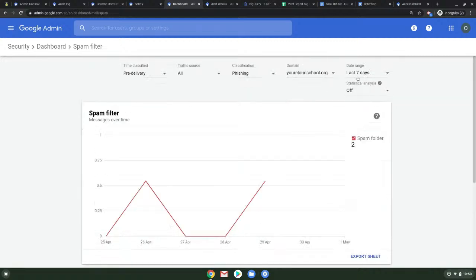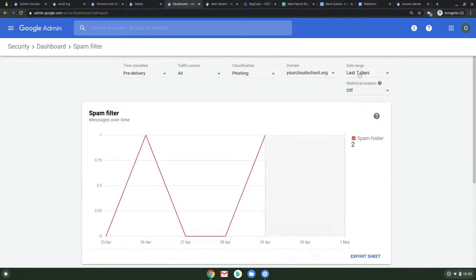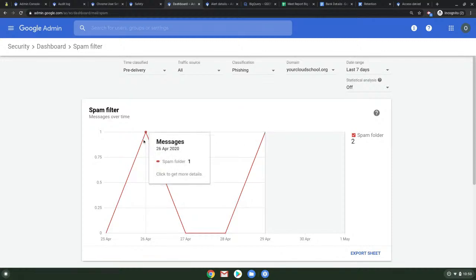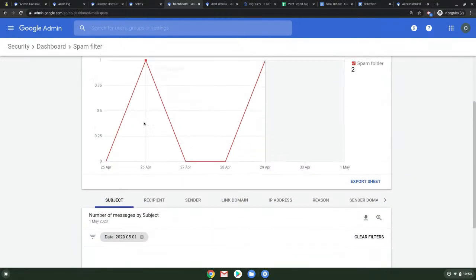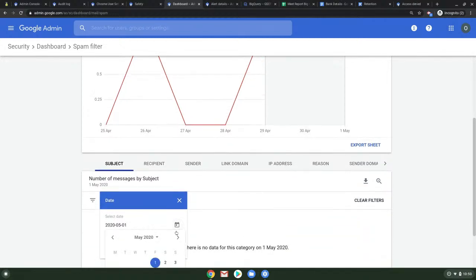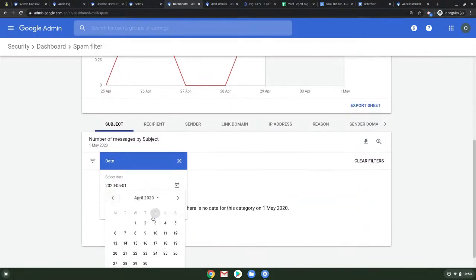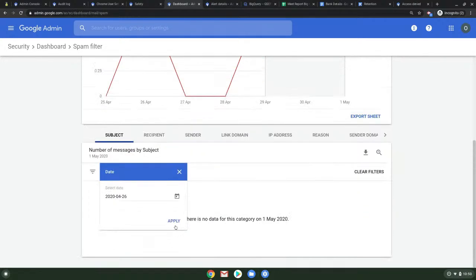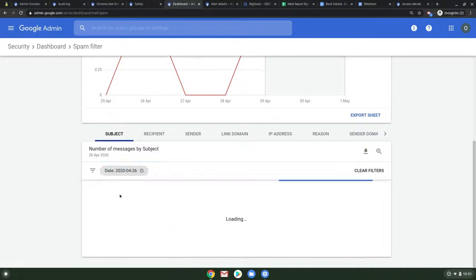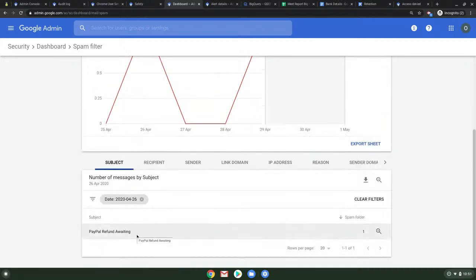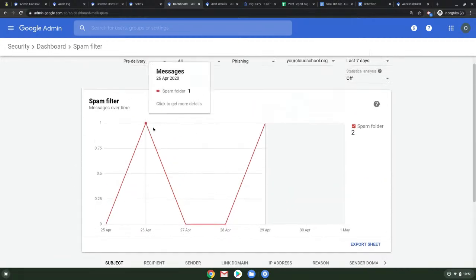And again, I've only got this filtered for the last 7 days, but I could extend this up to 180 days. I can see I've got a couple of days where a few phishing attacks have come through. So I'm going to investigate this date, the 26th of April. I can just switch back to the 26th of April. And then this will show me a couple of emails that have come in, and I can see I've got this one email that's been flagged as phishing,